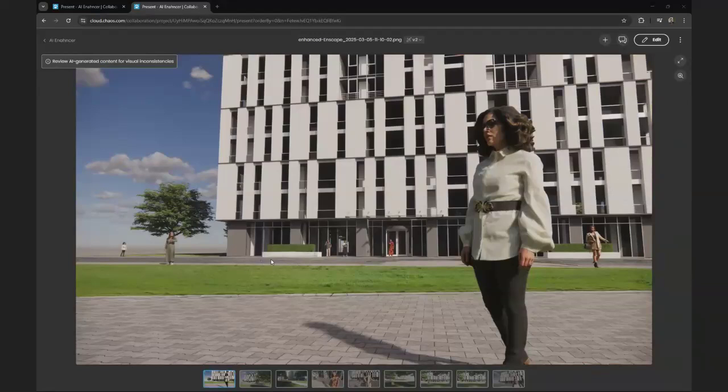We are responsible for the architecture and we're responsible for the materials on the buildings and the pavement and everything else. But when it comes to the elements that we don't want to spend a lot of time on, like the greenery or people or things like that, we can use the AI to enhance our images and make them more realistic right out of the box.